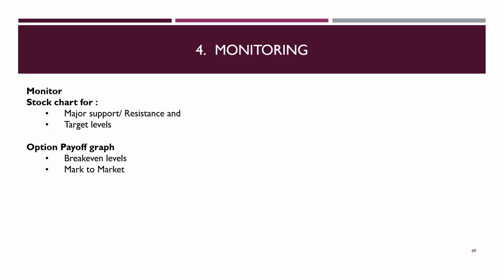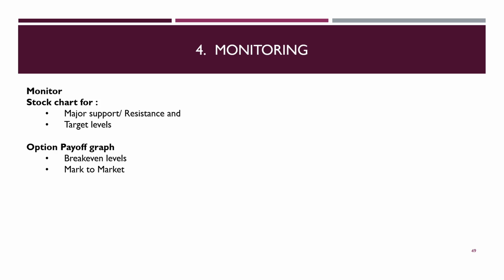Now fourth step is monitoring. Once you have put the strategy, say base strategy or even additional legs, this requires stringent monitoring. So after cost reduction, next step is monitoring. We have to closely monitor two things here. One is charts. In charts, you have to mark major support and resistance levels, and any breach of support or resistance level you have to react to your strategy. Second, you have to mark break-even levels on the chart, so whenever break-even level is reached, you know you have to adjust it.